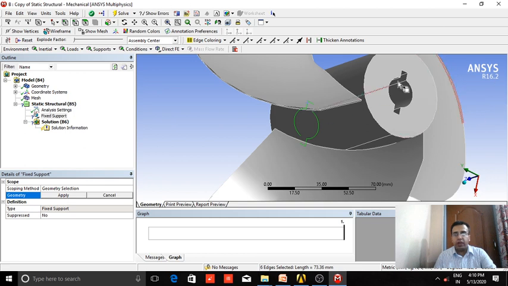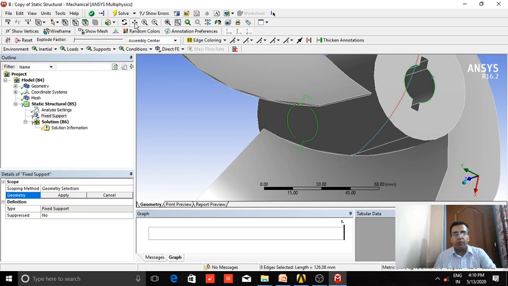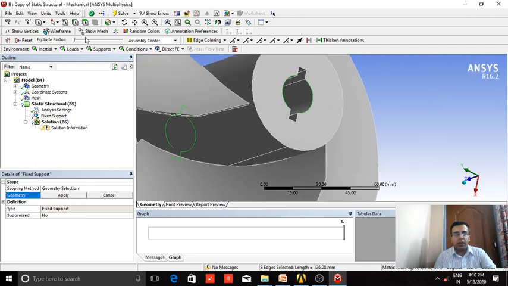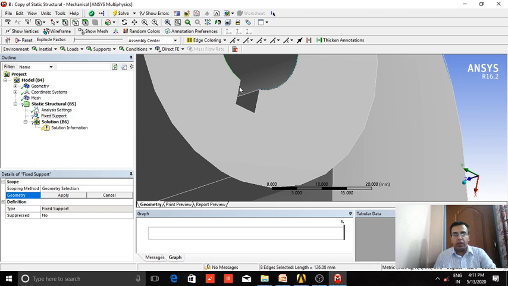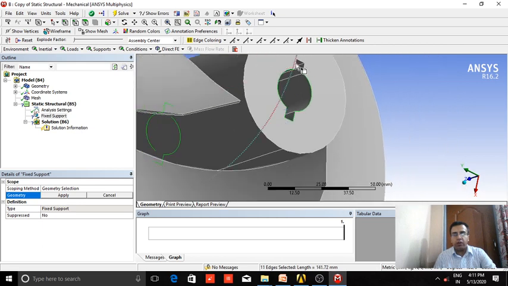So in this manner, we can also impose different kinds of boundary conditions on our part geometry. For example, if we want to keep rotations free, then we can also do it, for example, creating a pin joint. So here I am selecting one by one all the edges of this particular slot.